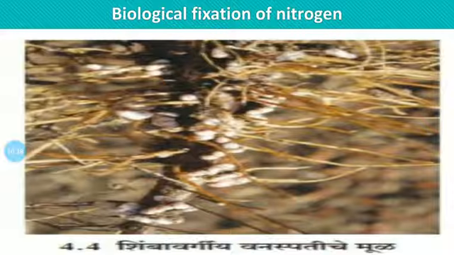After that, microorganisms like azotobacter are present in soil. They also convert atmospheric nitrogen into nitrate. There are two types of microorganisms present at different places, and they work to convert gaseous nitrogen into compound nitrate, which the plant can use for its nutrition. So friends, this is the information about the biological fixation of nitrogen.